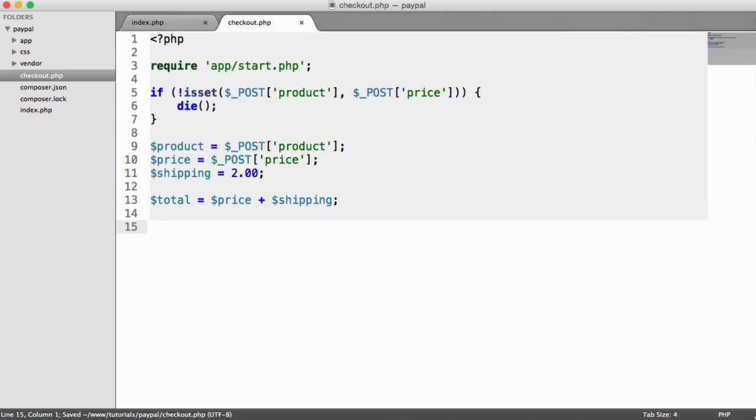So the next step then is to define the payment method. How is the user paying? Well, they're paying with their PayPal account, so this is pretty straightforward. So I'm going to create a variable called payer, and this is a new instance of Payer, which is part of the PayPal REST